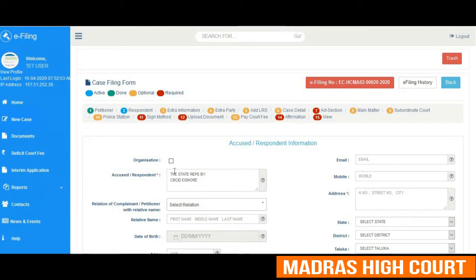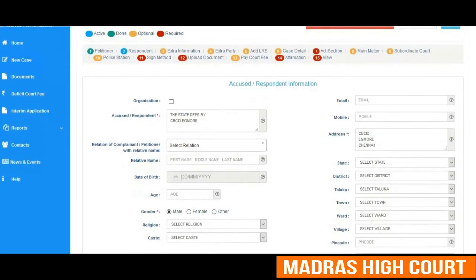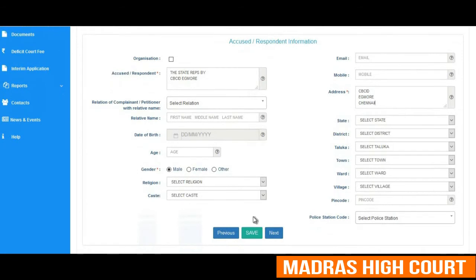The address of the accused or respondent is now being updated. As I said earlier, the asterisk symbol which is reflected in red color marks mandatory fields, and now we are saving the information and the respondent has been added successfully.